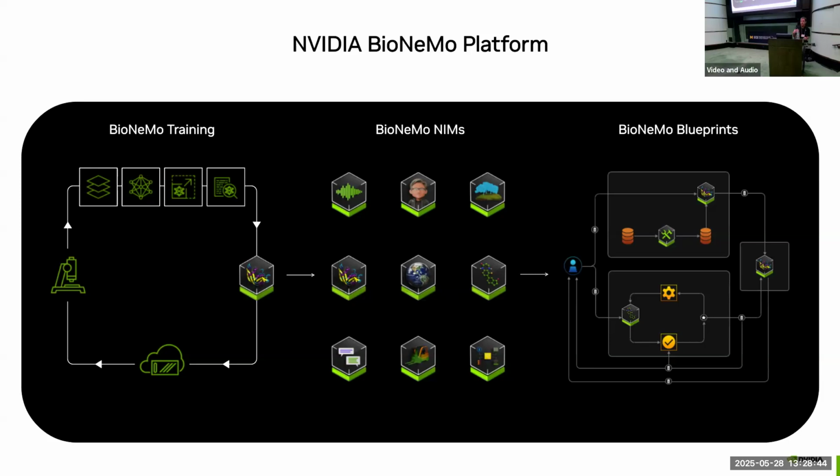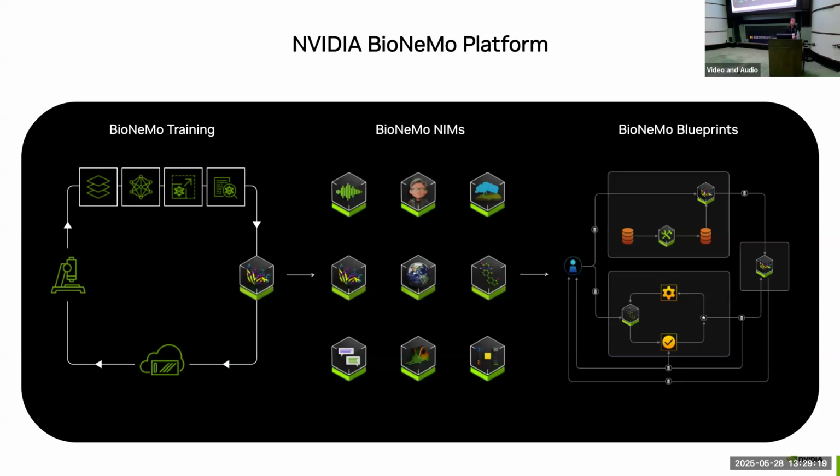On the left there, we also have an entire training framework. This is domain specific for the biological space, where pharmaceutical companies, for example, can take these models off the shelf with these NIMs, and they can add their own special internal experimental data, right? Or information on ligands that they may have as their important IP, and fine-tune the model to incorporate that additional knowledge, right? And then finally, I will briefly show a blueprint, right? So you have all these NIMs that are different pieces, an AlphaFold here, a DiffDock there, but in isolation, they don't do a whole lot, right? They're actually supposed to be composed into pipelines, right?